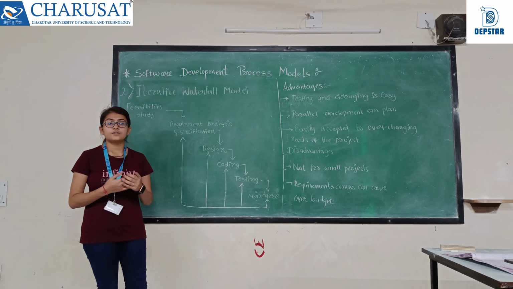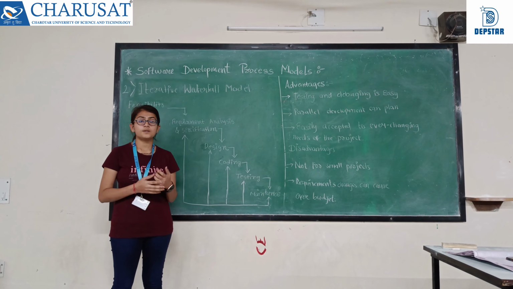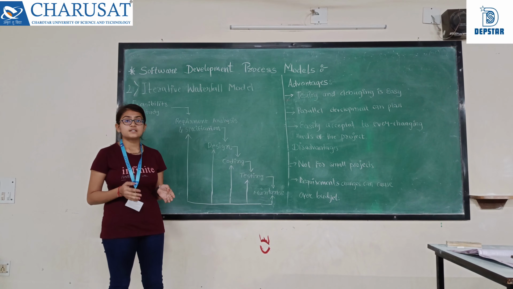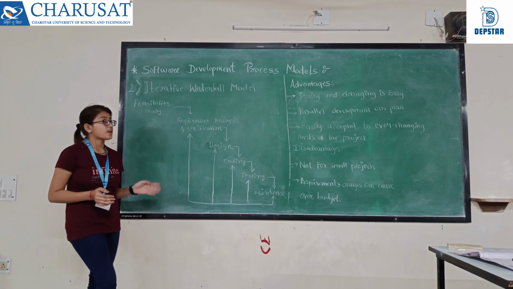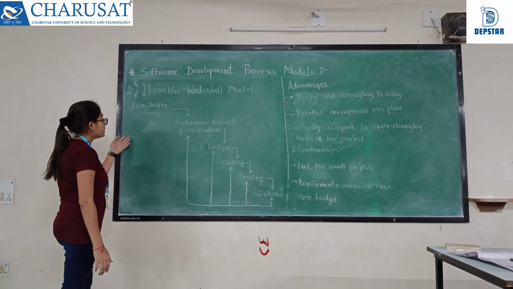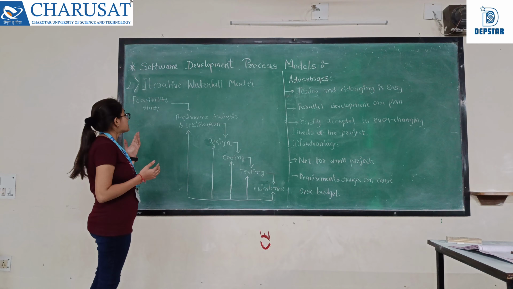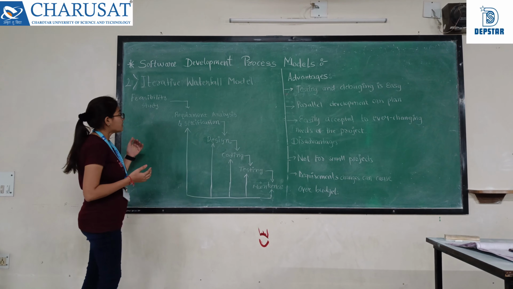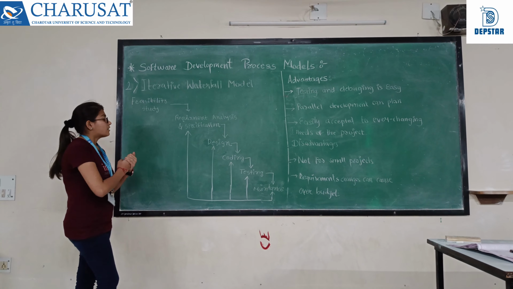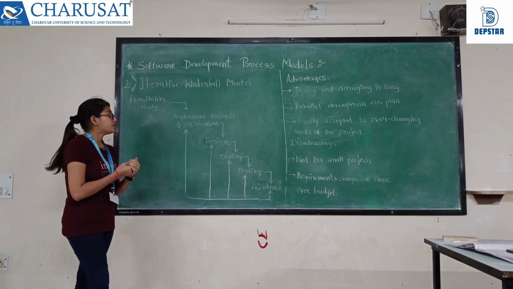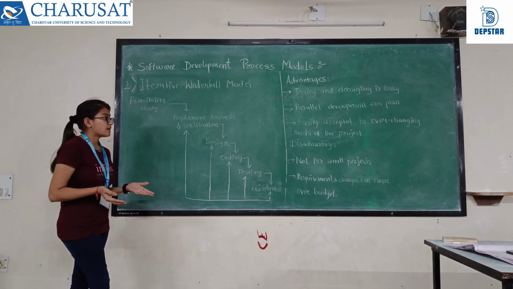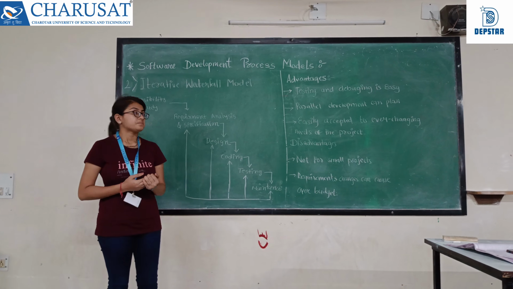The second one is the iterative waterfall model. The iterative waterfall model differs from the classical waterfall model because it allows improvement and changes in each step of the development process. This is the diagram of the iterative waterfall model. First of all, the business analyst does a study on the project definition, whether it is feasible or not. After that, the client gives requirements to the business analyst, and the business analyst does the documentation.